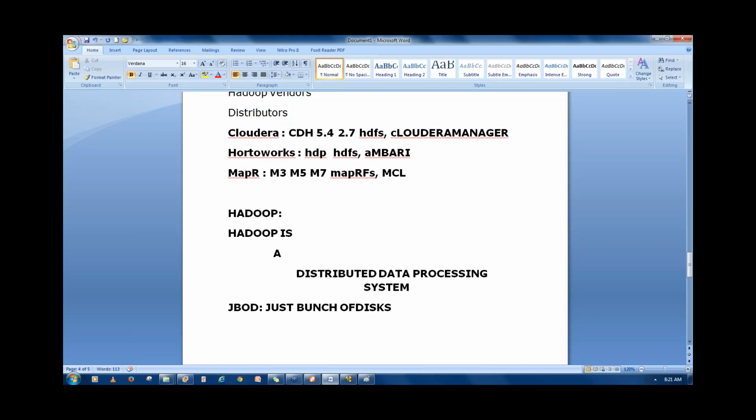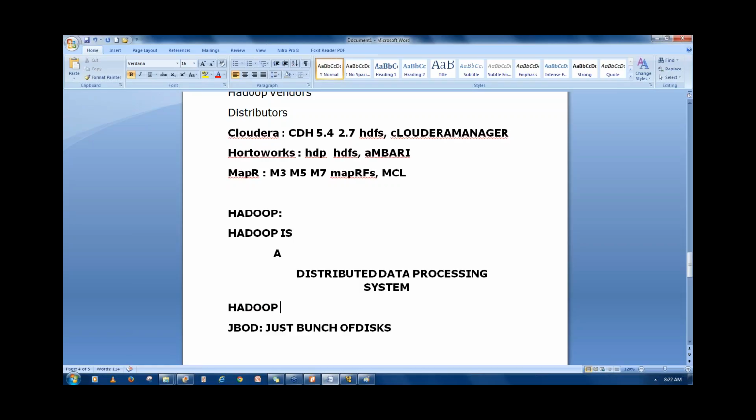Now we have a bunch of disks available, and the data is going to be distributed across them. After that, we are going to process the data available on this bunch of disks. So what is Hadoop now? Hadoop is a distributed data processing system,